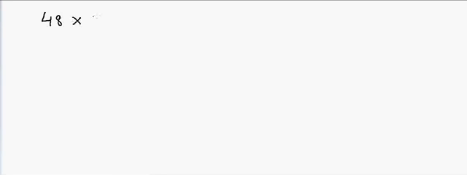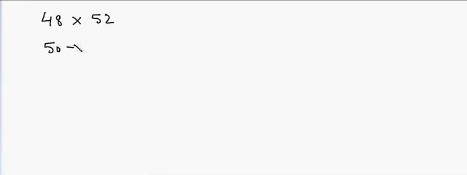Hi everyone, in this video we'll talk about another trick which can be used for faster calculation. For example, suppose I have to multiply 48 and 52, how will I do that? If you look at it carefully, these numbers are symmetrical around 50, so this can be written as 50